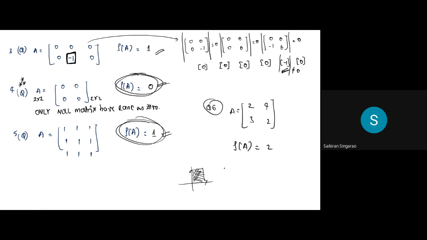Now, say if I give you example 7, if it is like this, say I give 1, 2, 2, 4, what is the rank of this matrix? So the rank of this matrix is 1, isn't it? Because the 2 cross 2 determinant is 0, 1 cross 1 is not 0. It's a 2 cross 2 matrix and its rank here is 2. It's a 2 cross 2 matrix, rank is 2. This is also a 2 cross 2 matrix, its rank is 1. This is also a 2 cross 2 matrix, its rank is 0.